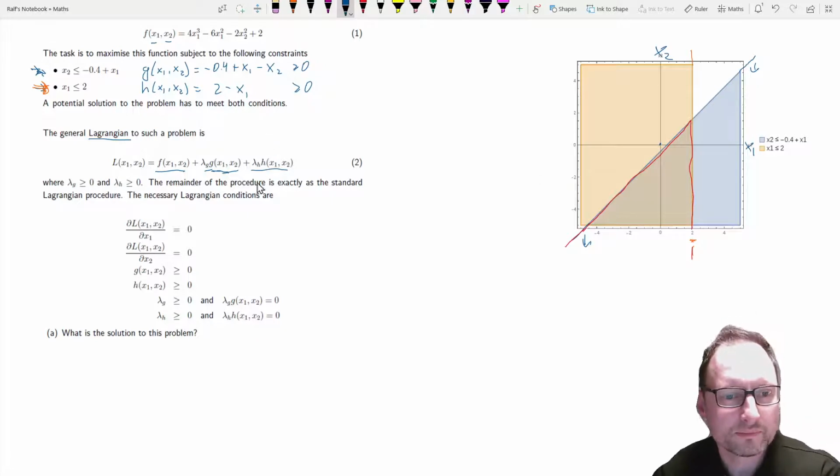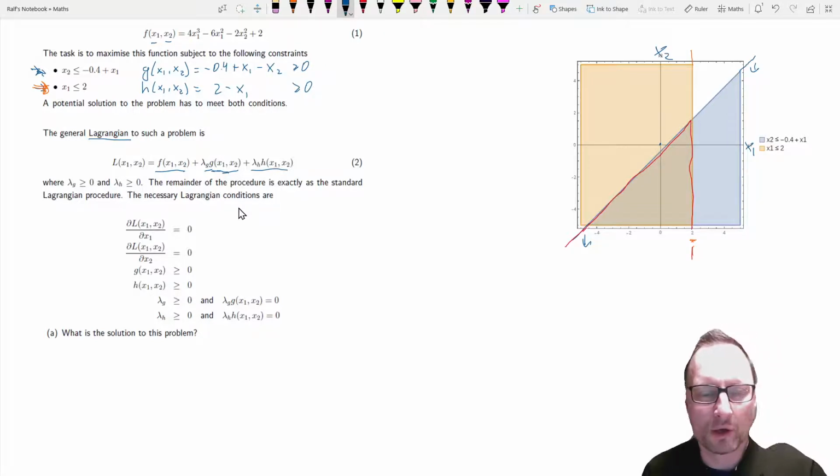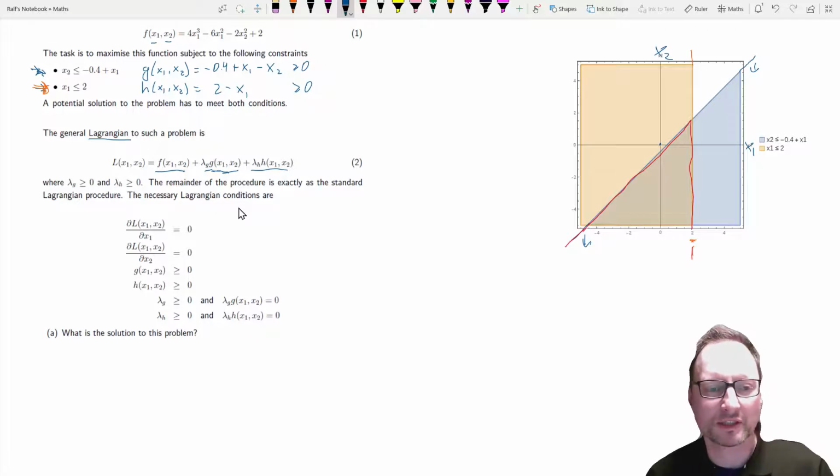So what we now need, as you know, the core of the Lagrangian method are the necessary Lagrangian conditions. So the conditions which any solution to the problem, i.e. any point with x1 and x2 coordinates, which we hope to be the maximum, which we hope will deliver the maximum of our function,